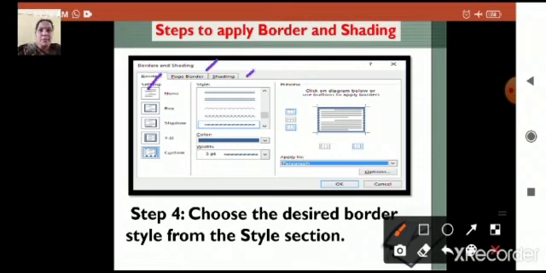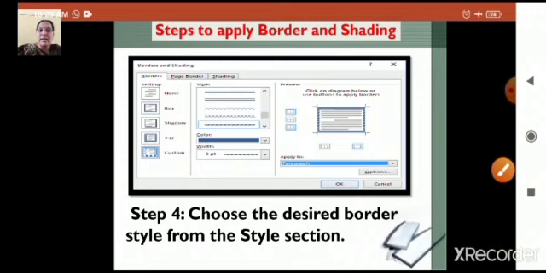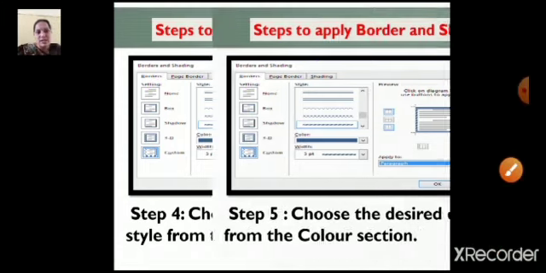Now we are applying border to selected text. After selecting the text, you have to click on borders and shading drop down arrow. You get a drop down list. In that you have to choose borders, and here you can see style. You have different styles of border. So you can select the border by using vertical scroll bar. Still you have many borders. You can scroll it down and choose the border, and you have to select that by using the style section.